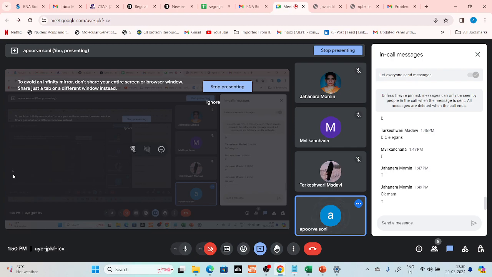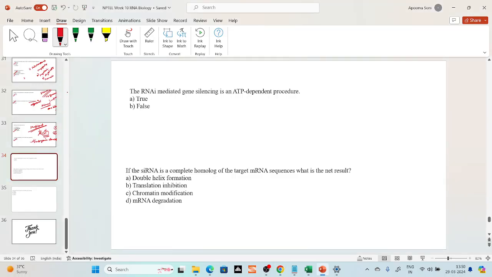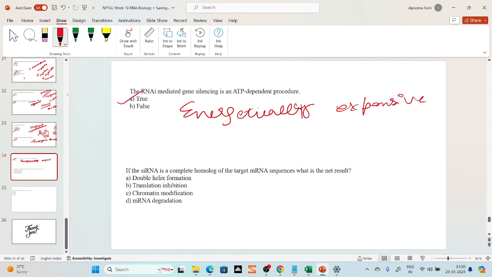Okay, yeah, so it is correct. RNA interference is an ATP dependent process. That means it is energetically expensive. Now, next question is, if the siRNA is a complete homologue of the target mRNA sequence, what is the